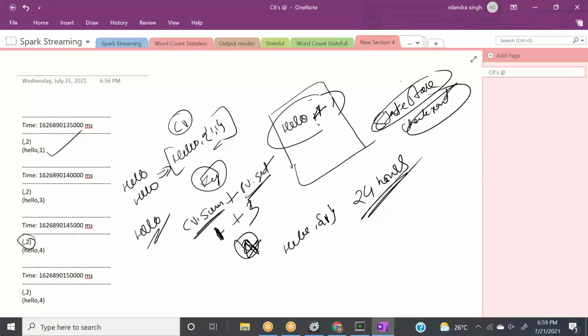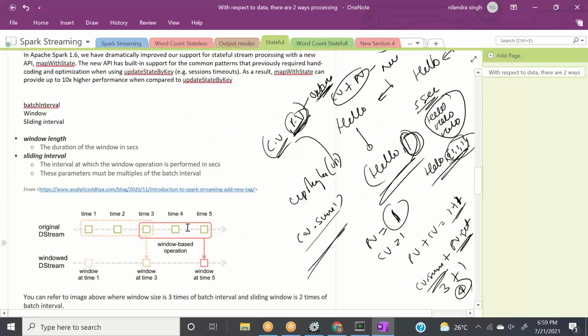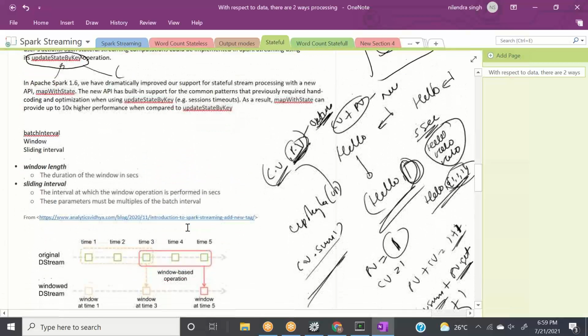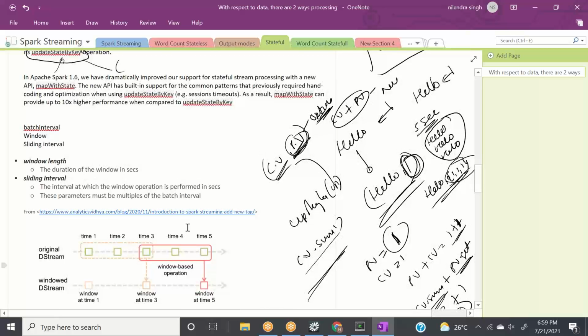Now, before I jump to other operations, let me explain 2 or 3 things. As I was telling you, when we go for a stateful operation, we can maintain the state from the start of the session to the end of the session, but that is not a very efficient approach, because if our state information is very dense, it may impact the overall performance of the application.